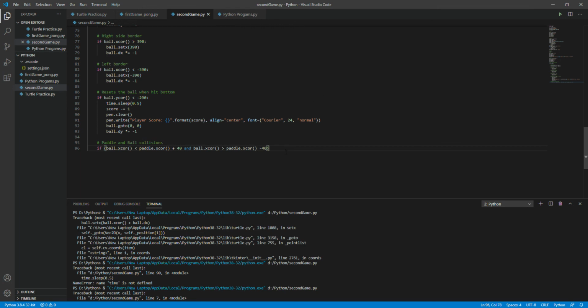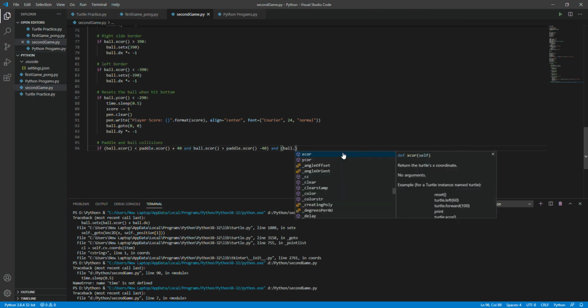So this is just one part of the condition. This is all for the x coordinate. If it matches the x coordinate, then something will happen. The x coordinate again is this side, horizontal. Now we're going to do something for the y coordinates. So we're going to write and the ball dot y coordinate